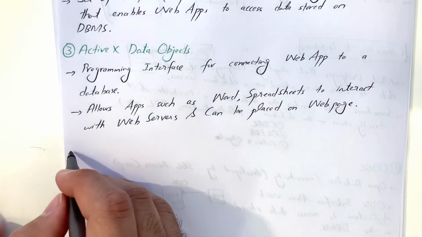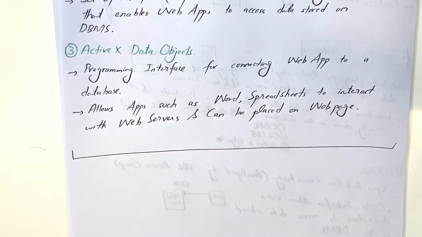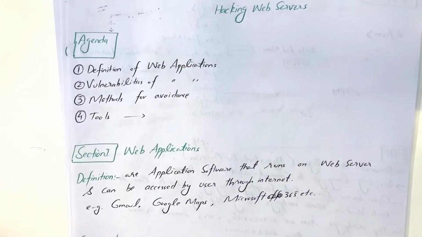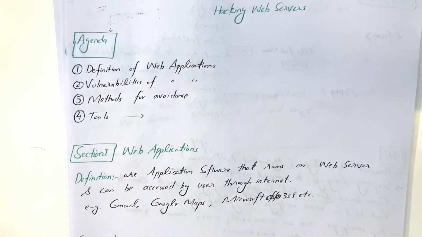So this is basically all about the web application. Now in part 2, we will discuss the vulnerabilities of these web applications. Now we have a good understanding of web application, how web application can be designed, and what's the connection between web application and database. Now we will discuss what are the different vulnerabilities, like